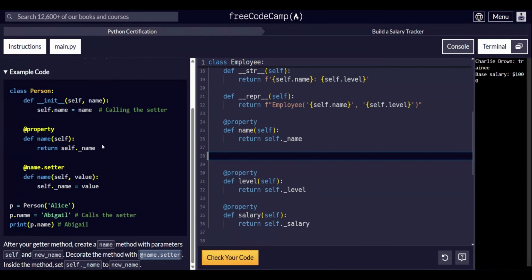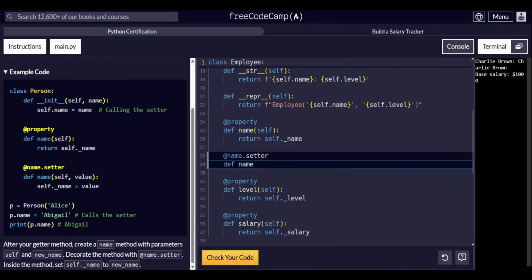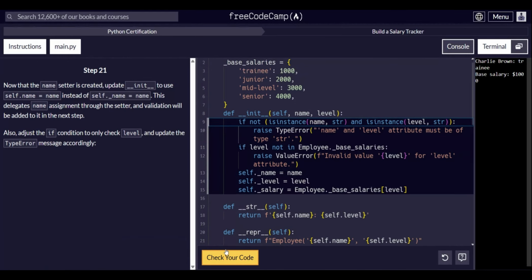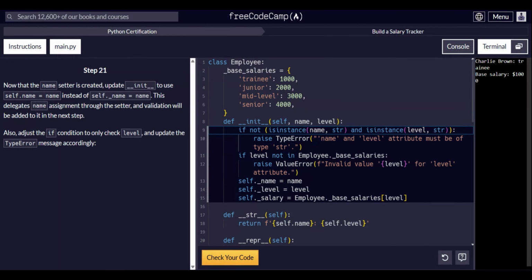Step 20. Create setter for the name. Add name setter, def name, self, new name, self.name equals new name. Step 21. Delete underscore in init method. self.name equals name. The first if statement in init method should now be if not isinstance level string,